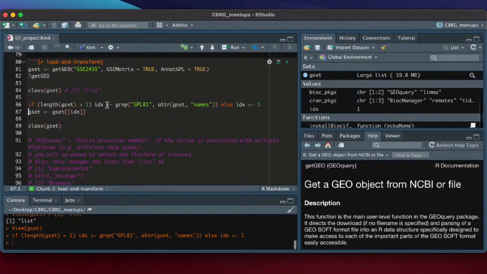So let's just run that as is. And just to confirm what line 86 did, if we go to the console and type in IDX, you see it's simply the number 1. So we use that IDX, which in this case is just 1, to subset this GSAT object using the familiar double square brackets. If we run this and override the GSAT object, we now see that